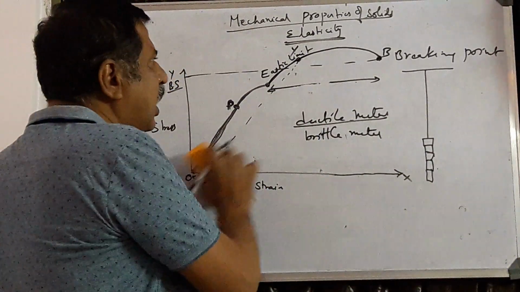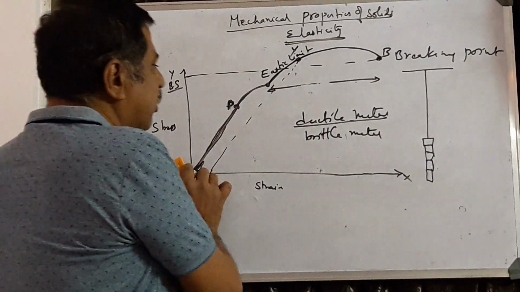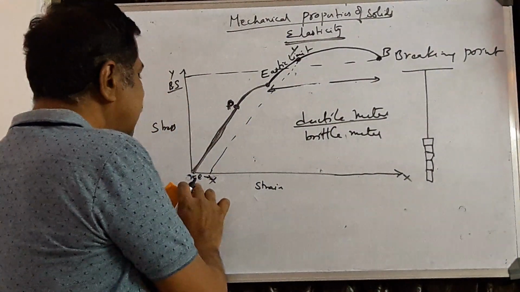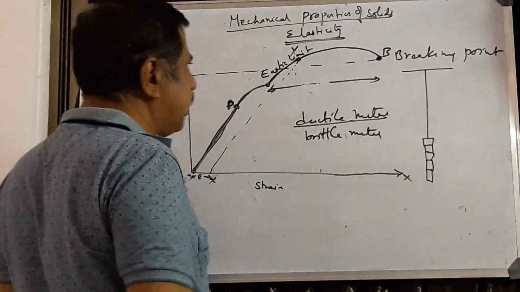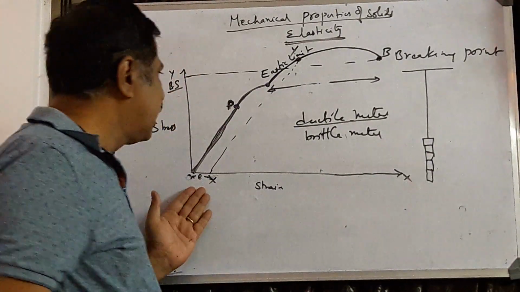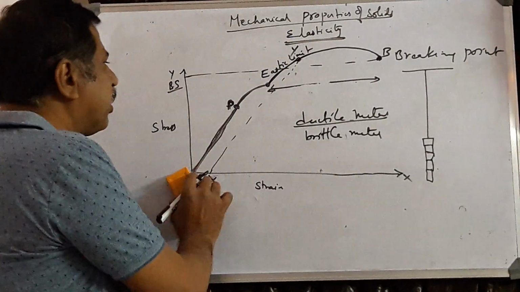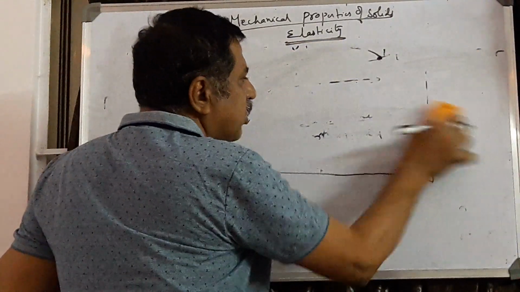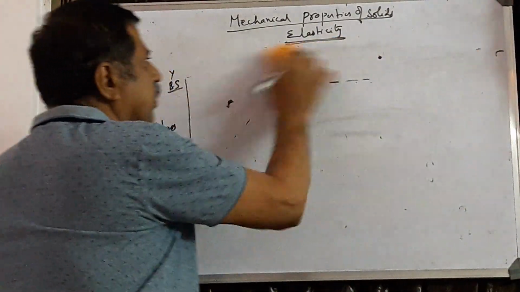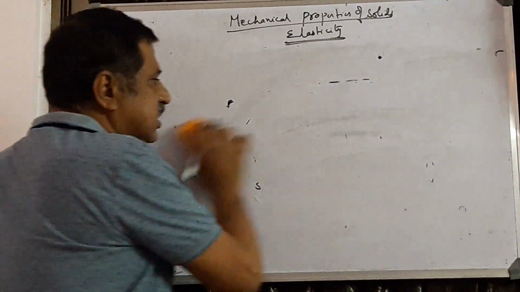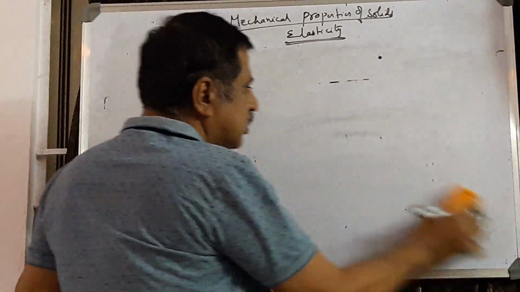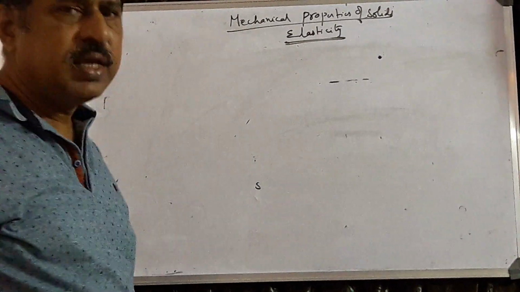This is about the stress and strain curve. This OX or E is known as the permanent set. That means there is a permanent increase in length beyond the elastic limit. Next one is